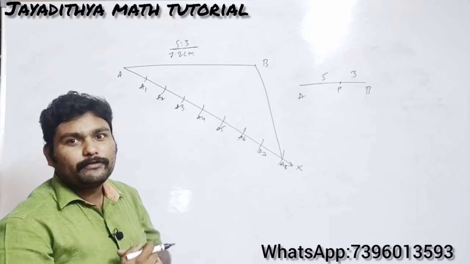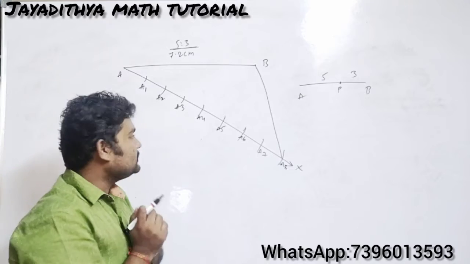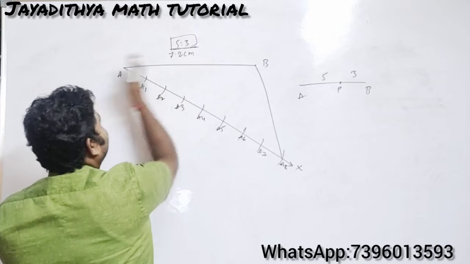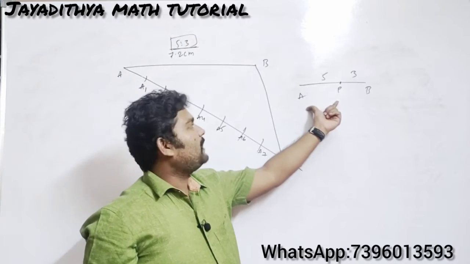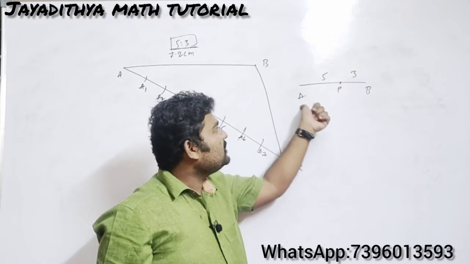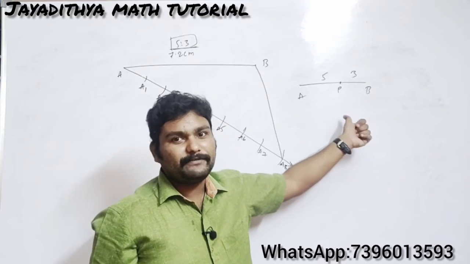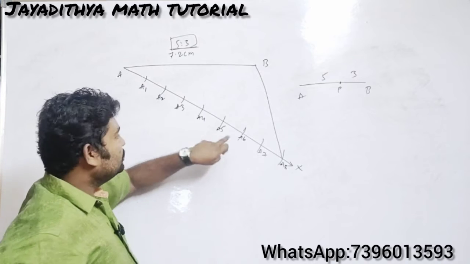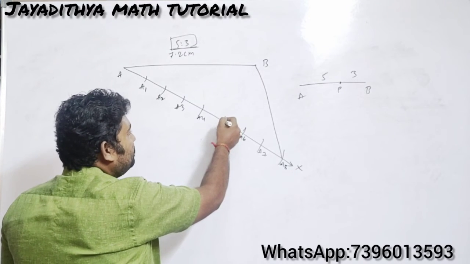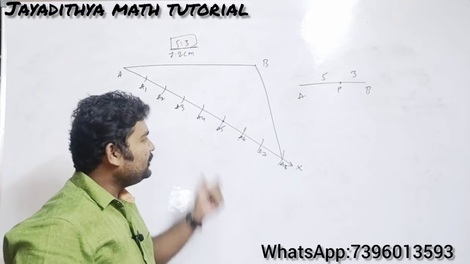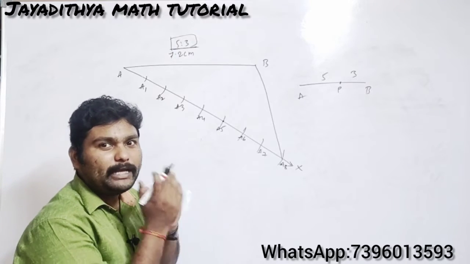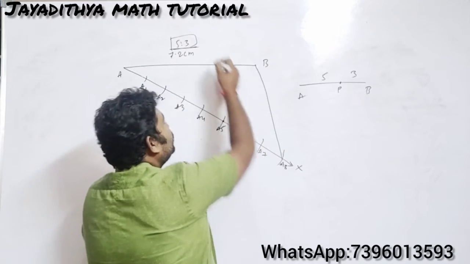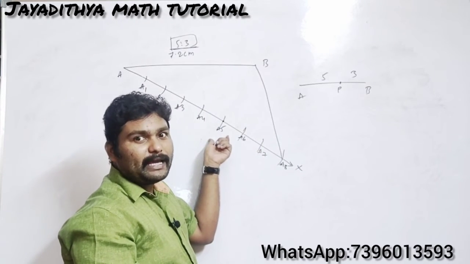After this, what we need to do here is very important. Please focus here. Now we want the ratio 5:3. So AP must be 5 parts and PB must be 3 parts. That means from A it should be 5 parts distance, which is nothing but A5 here. From the point A5 you should draw a line parallel to BA8.